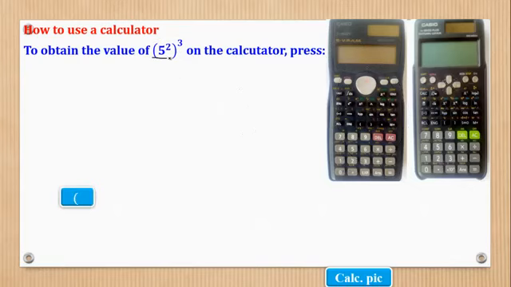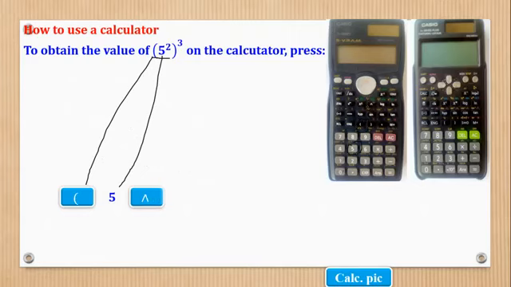So to press 5 to power 2, everything raised to the power of 3, you are going to press this open bracket, then press the 5, then next we need a power. Now to get a power on this calculator, we use this symbol. So I'm going to press that button. Then from there, we need power 2, so you press 2, then you close the bracket,